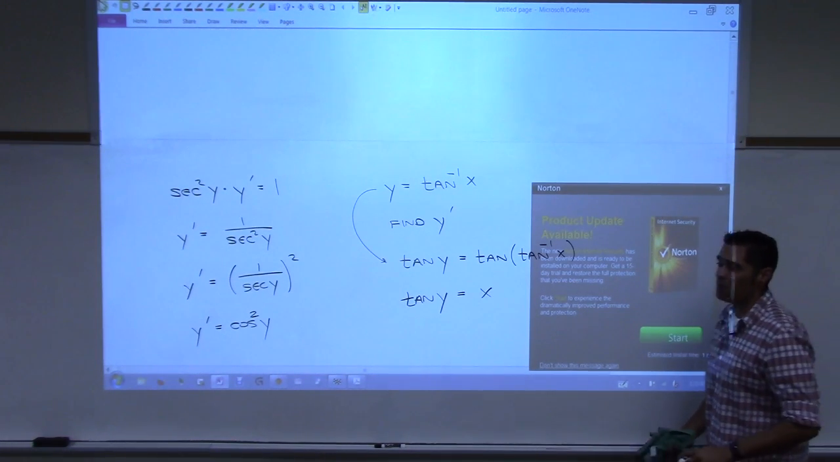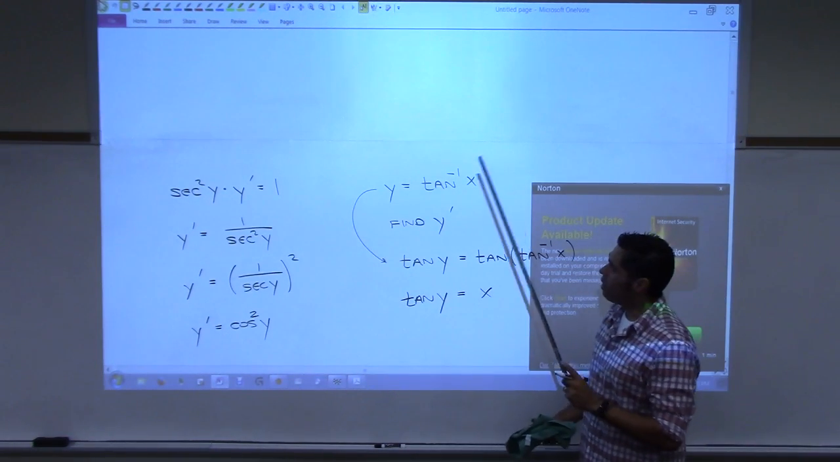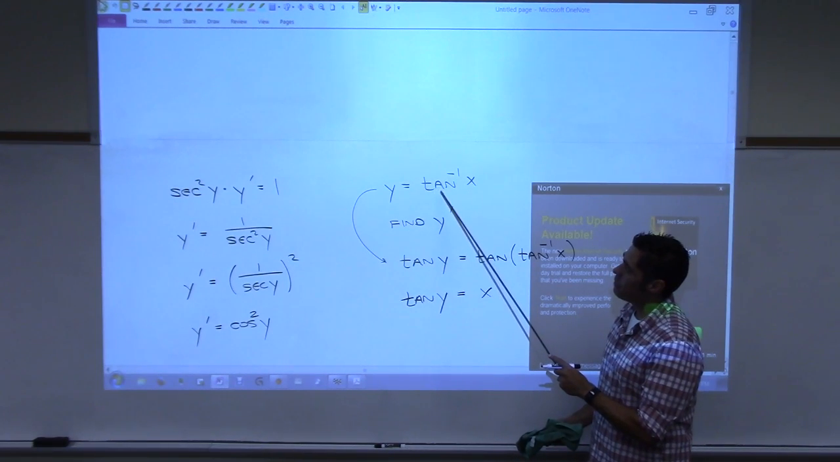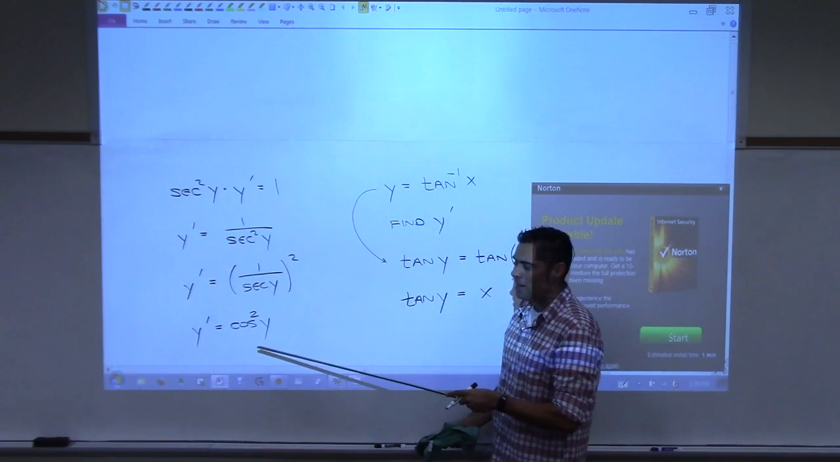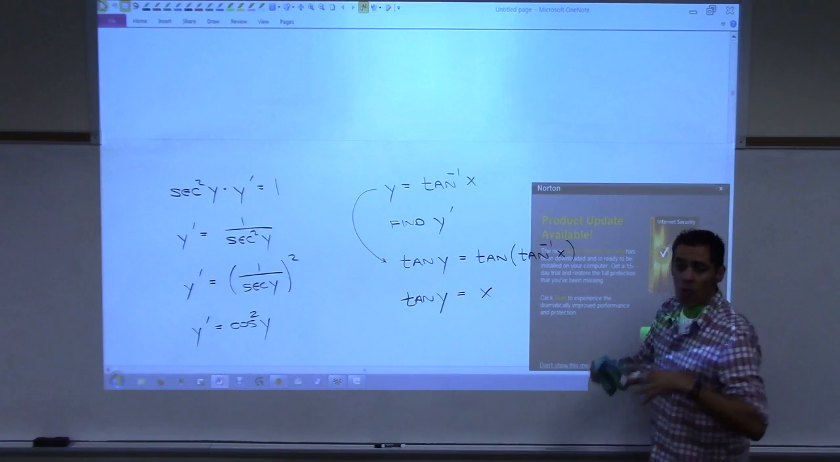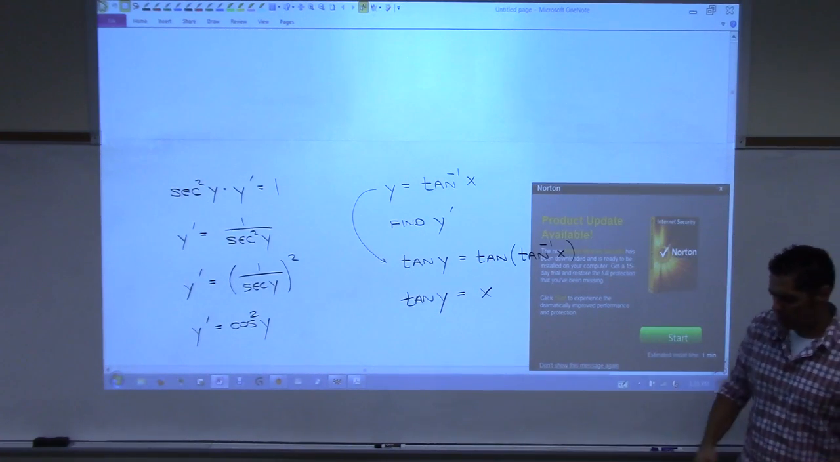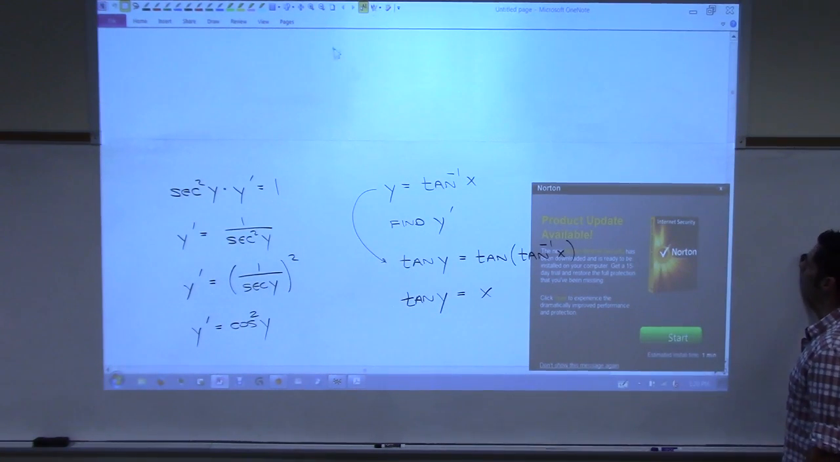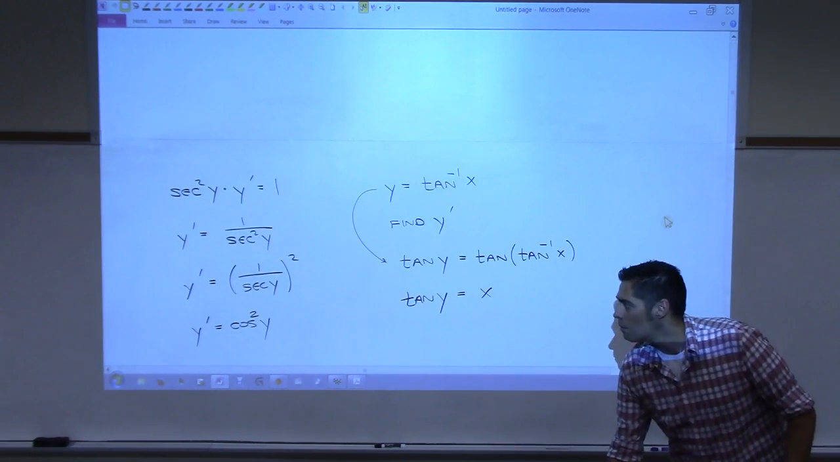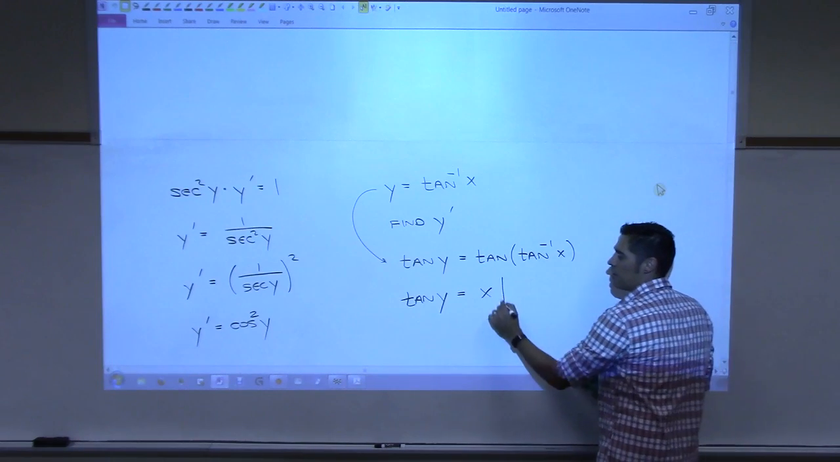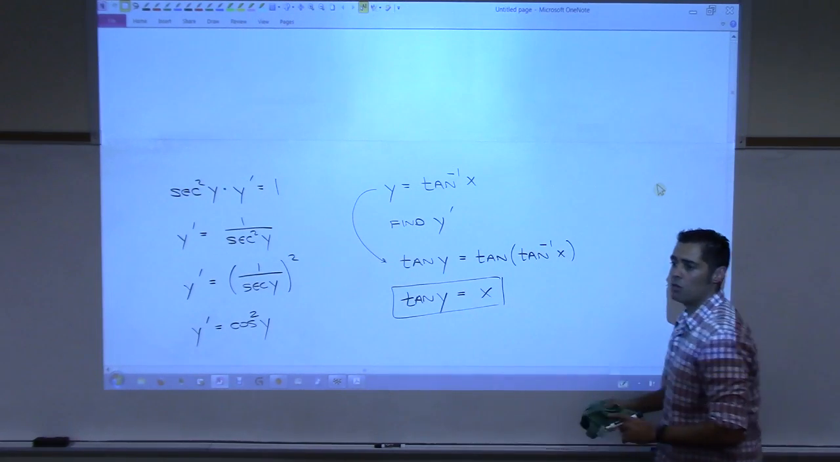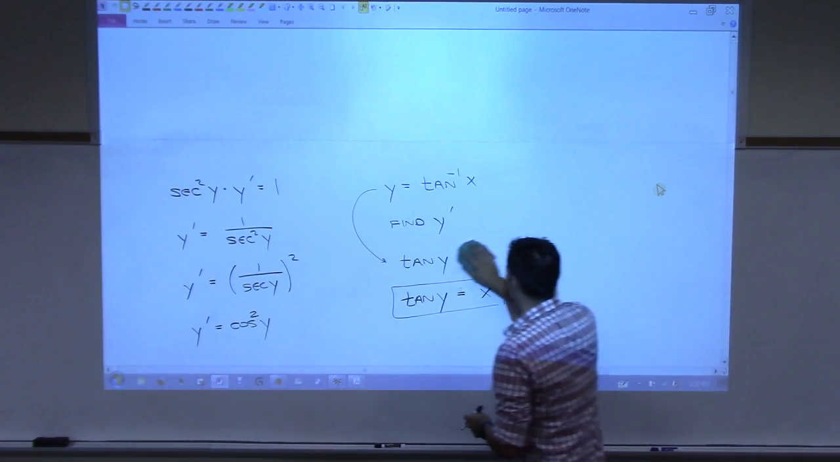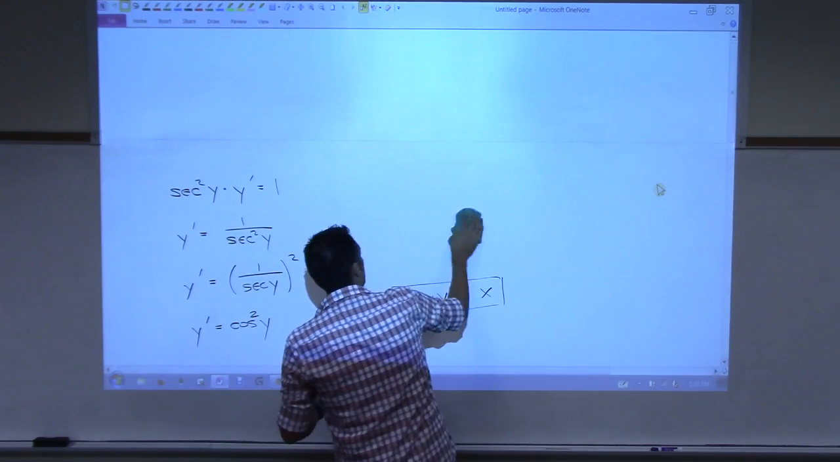So in order for me to know what the derivative of arctangent is, I need to figure out what cosine squared of y is, or what is cosine of y squared. Well, we need to go to this to get our triangle, right? We're going to draw our triangle off of this. So my reference triangle,